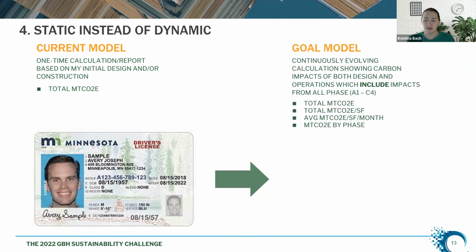So what we're proposing or suggesting is that the goal model should really be switching to a continuously evolving calculation of carbon impacts that includes all the design and operations from all the different phases. If you track a project through its construction and into its operation and continue to update that embodied carbon analysis for what materials you have added, what materials you've removed, etc.,